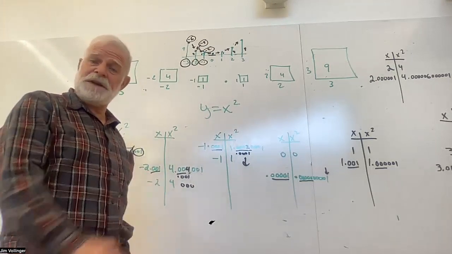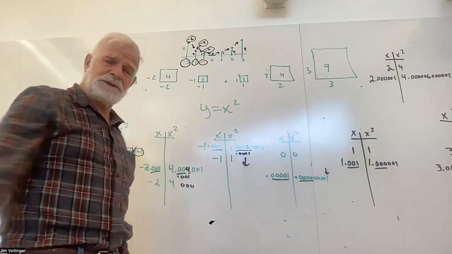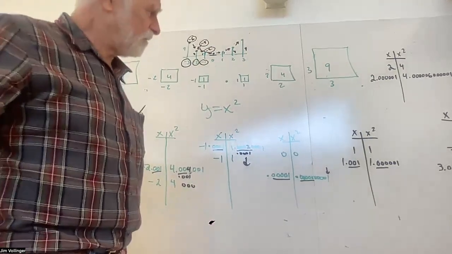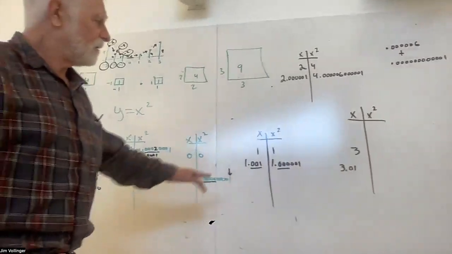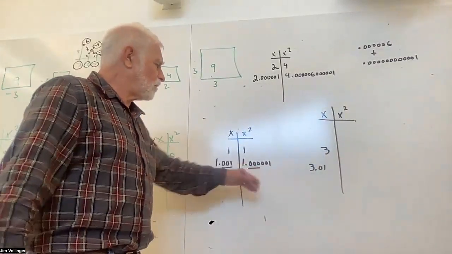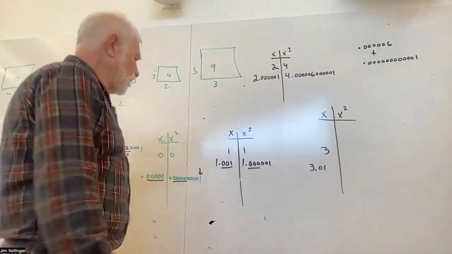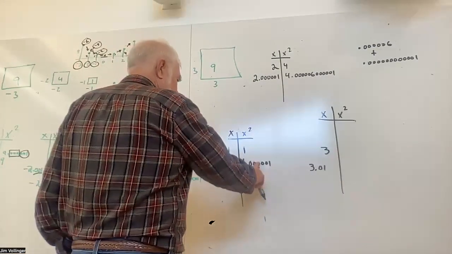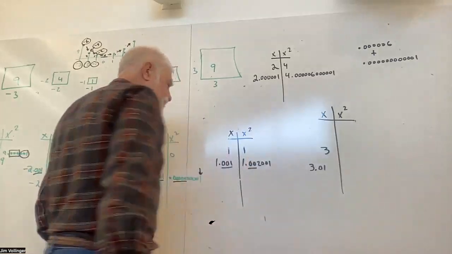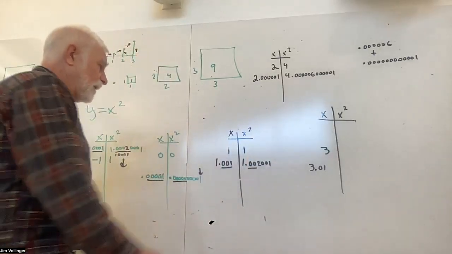Okay, we're going to draw the change in a minute. We're going to look at this from a geometric standpoint. But now we're going up, right? From 1 to 1.001, we're going up. And at 1, I made another mistake here. That should be a 2. All right, and so if I look at that,